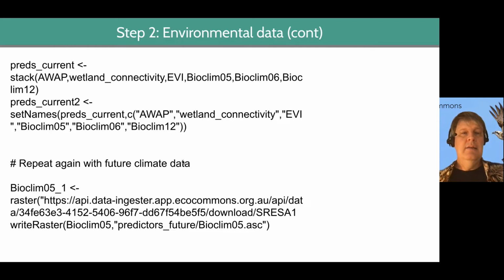And then we're going to stack. These are all our current data, right? So the bioclim data that we downloaded was based on current environmental conditions. So that's usually averaged over the course of the last decade or two. And that average represents your average temperature or average rainfall, right? Whatever the 6 or 5 or 12 refer to. And when we stack those, if our extents line up, if our CRSs line up, if our resolutions line up, we should be able to stack them. And when they're stacked,